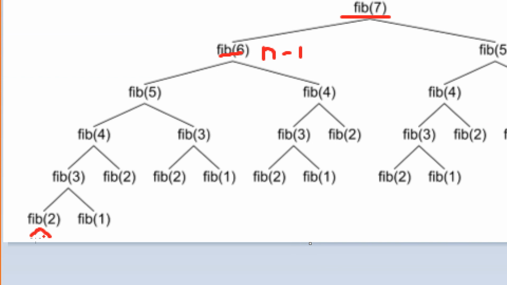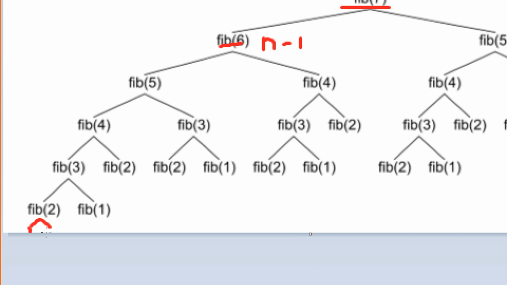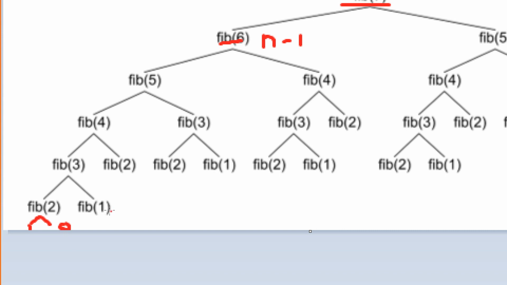This again will become basically 1 and 0. So we know that Fibonacci of 1 is 1, and this Fibonacci of 1 is again 1. Fibonacci of 2 will be 0 and 1, in any order.